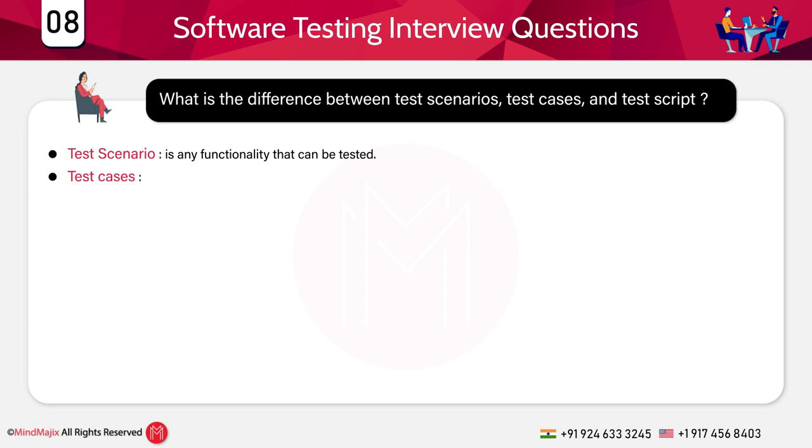Test cases. Now for the test scenarios that are written, you will have multiple steps or multiple types of use cases that need to be tested. Those are covered as a part of test cases. It is basically defined as a document that contains the steps that need to be executed to check any functionality. Also, test cases are not only about the steps, it's also about identifying whether it is a negative use case or a positive use case. So one test scenario can contain multiple test cases, but the vice versa is not true. One test case cannot have multiple scenarios, but one test scenario can contain n number of test cases.